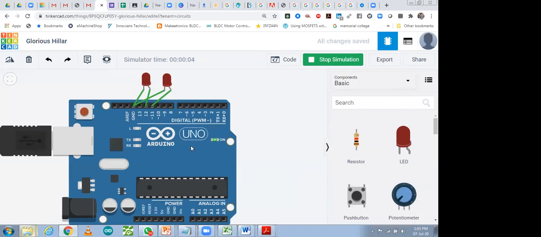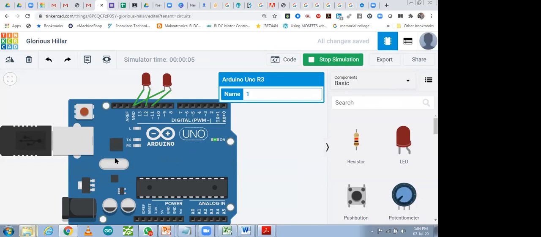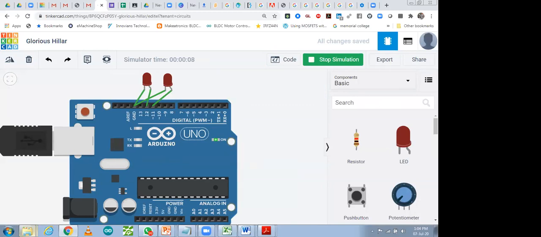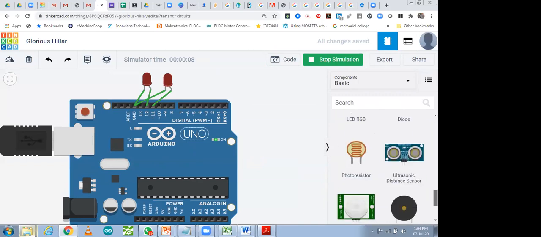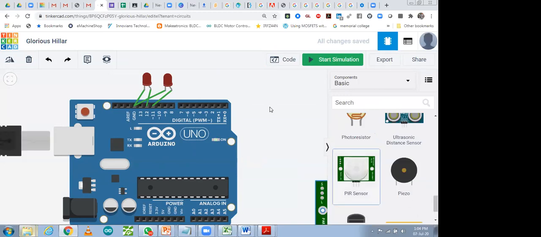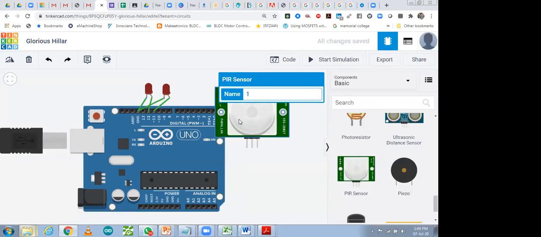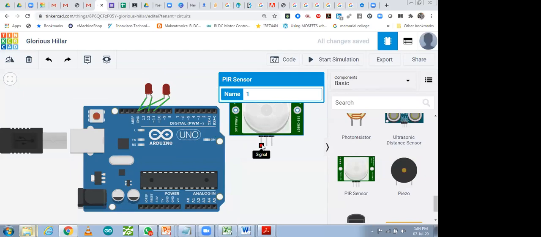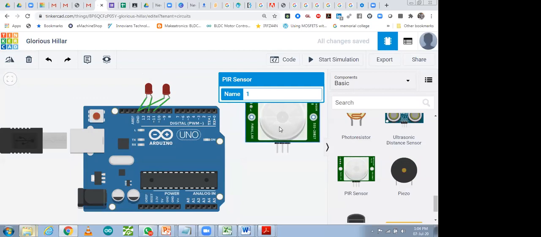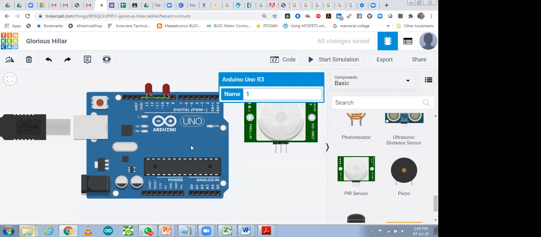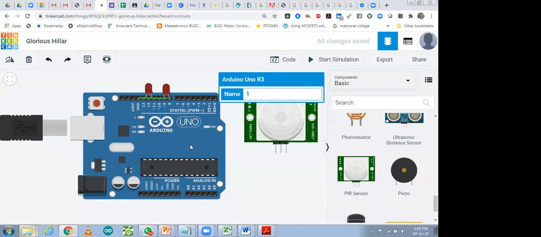So I'm going to connect a sensor right now. You can take any digital sensor. So how can you connect a digital sensor? I'm going to take a PIR sensor. This one is a digital sensor. How will it work? If any object comes in front of the sensor, then only it will detect it. How can we use the sensor, and how can we make an alarm or something like that? That I will also let you know. But first I'm going to read it only. So how can you read it? Let me show you.